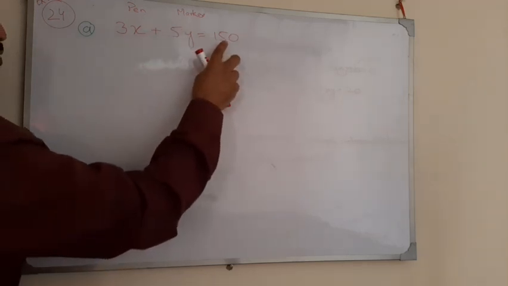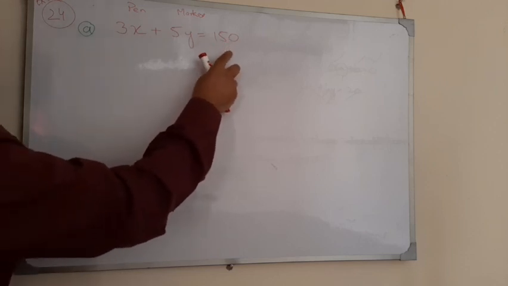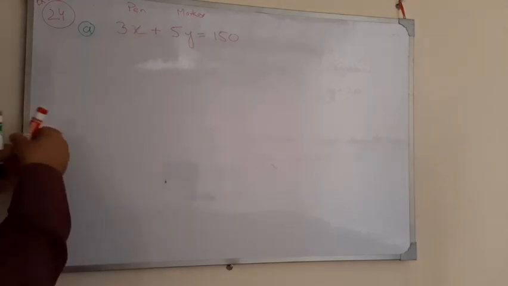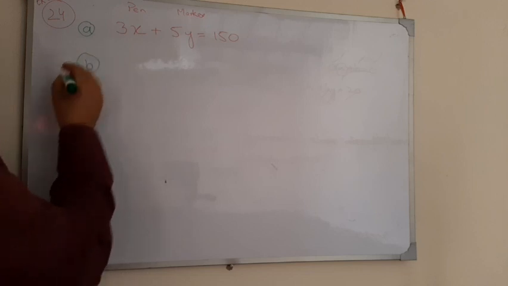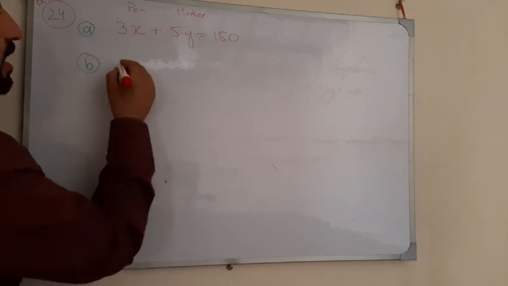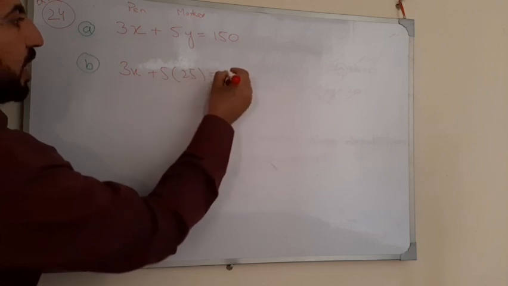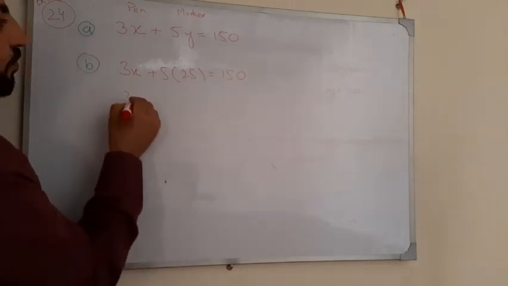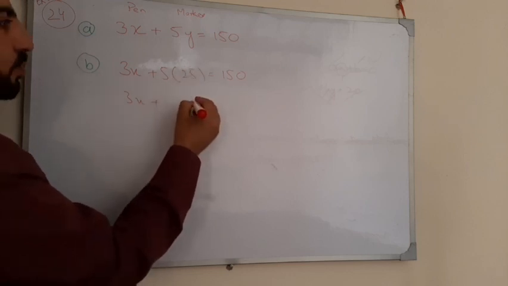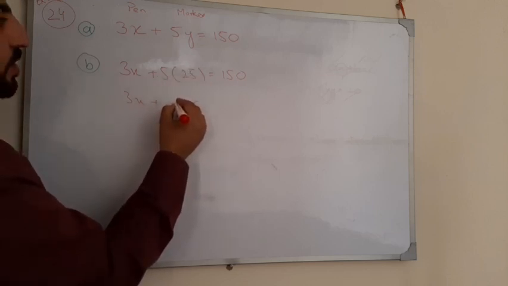देखिए स्टूडेंट्स, टोटल घंटे आपके पास 150 घंटे अवेलेबल हैं। अब वो कह रहा है कि अगर 150 घंटे में आप 25 यूनिट y के बनाते हो तो साथ ही में आप x के कितने यूनिट बना पाओगे। तो हम लोग b में क्या करेंगे, उसने ऑलरेडी बता दिया है कि y के कितने यूनिट्स बनाते हैं। 3x प्लस 5 गुणा 25 बराबर 150। 5 को 25 से मल्टीप्लाई कर दिए तो 5 5 जा 25, 2 5 2 जा 10।